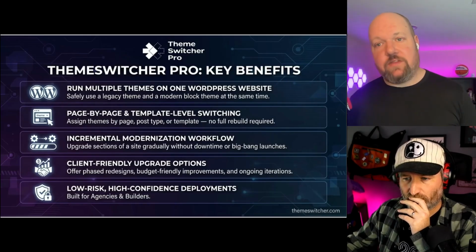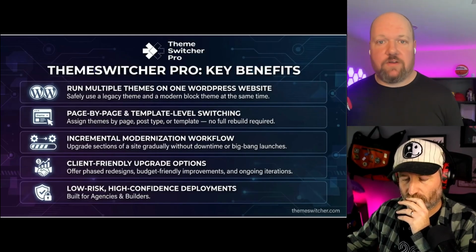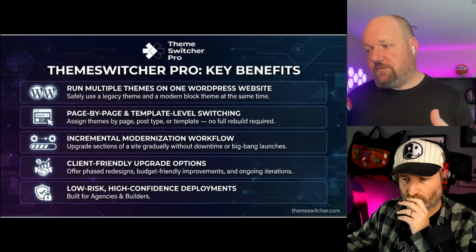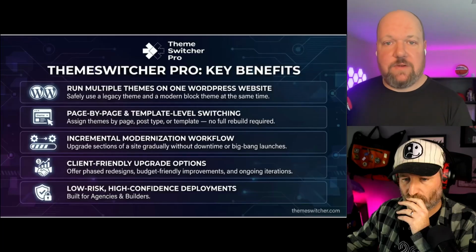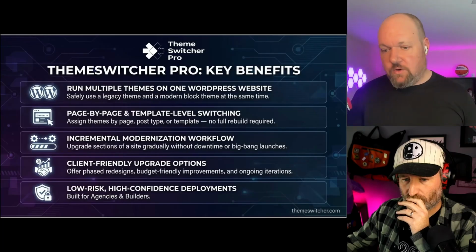If you wanted to run different themes on a site, you would have to have different sites, maybe in a multi-site network, maybe just separate WordPress installations. Just not really possible to do what we were trying to do. And one of the reasons we needed to solve this challenge is, I've mentioned modern WordPress a few times, classic WordPress. It is to help our clients and help WordPress users